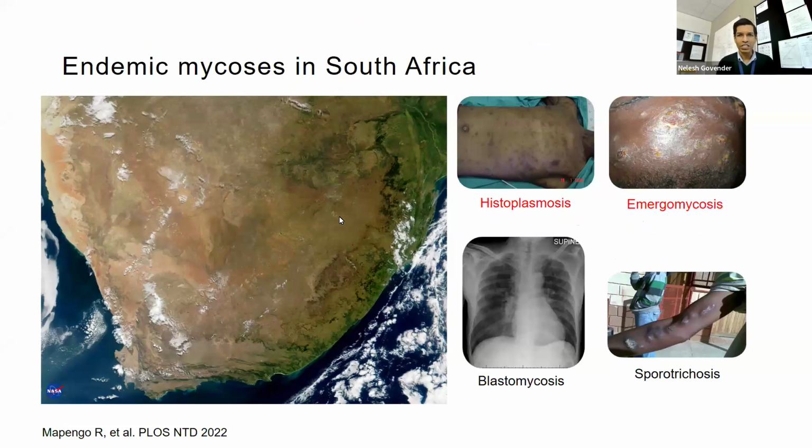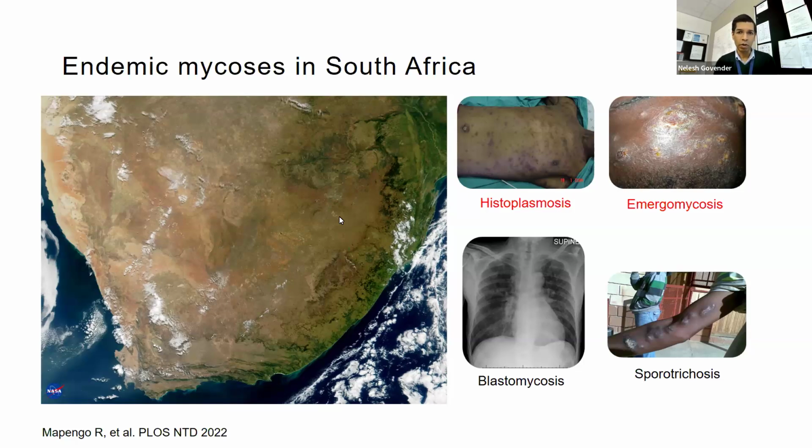So Southern Africa has 4 endemic mycoses that we know of to date: sporotrichosis, histoplasmosis, blastomycosis, and emergomycosis. And we've analyzed pathology lab data from public sector labs and some private labs in South Africa over roughly a decade. And when we looked at the laboratory databases, we found about 680 odd cases,